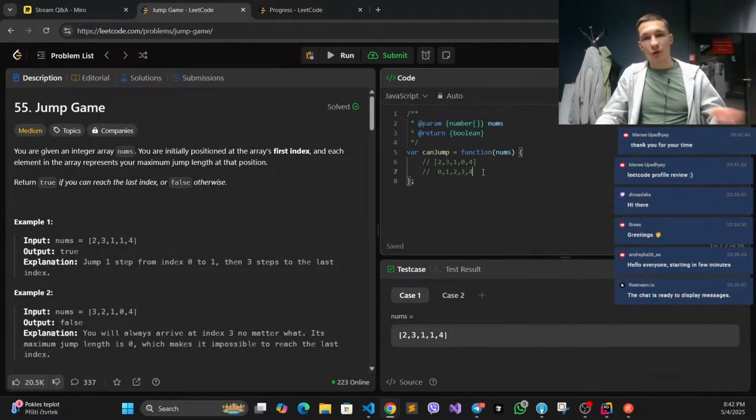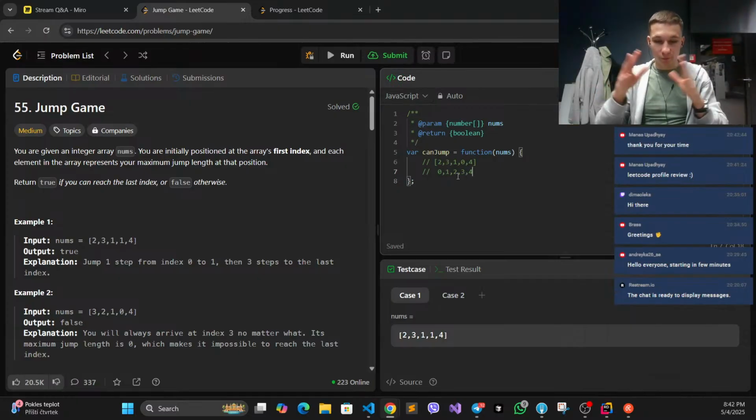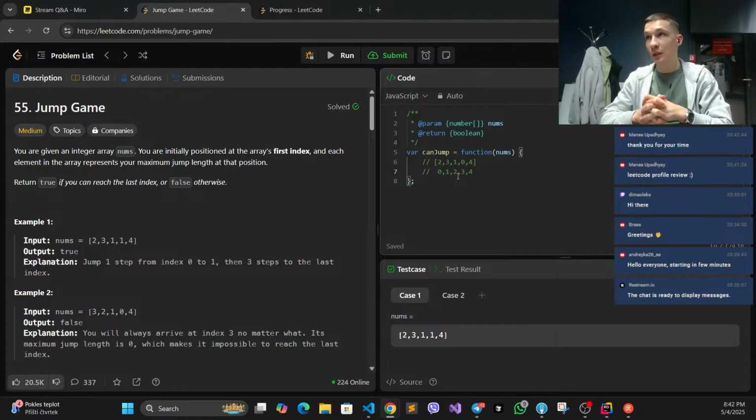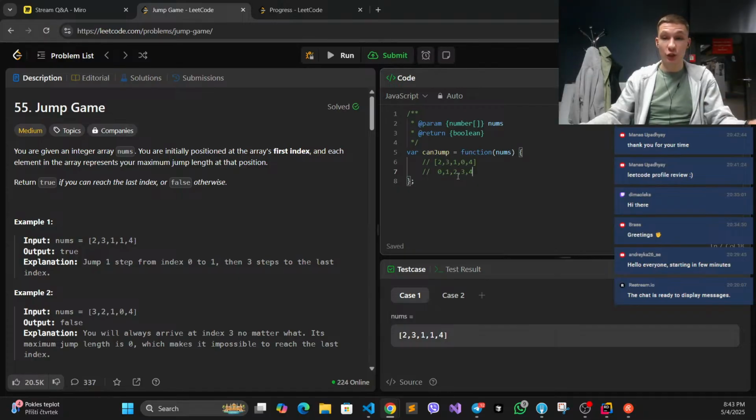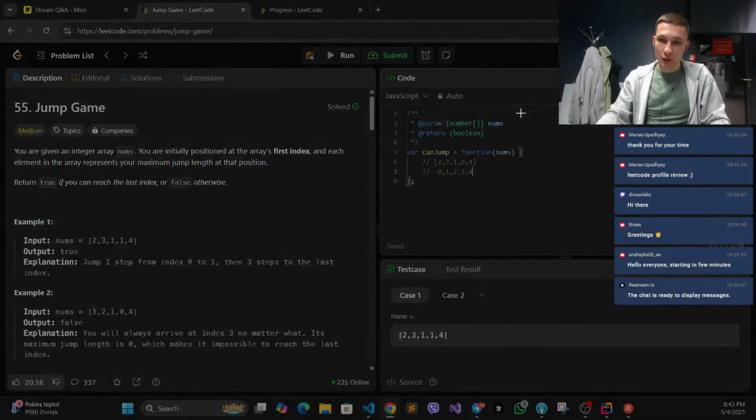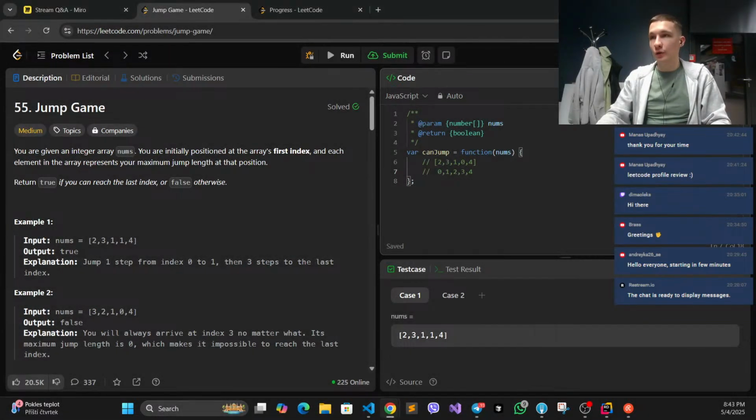Okay, let's get back to our task. So this is the thing. Since we don't know which jump is better for us and which jump can lead to the end of the array, what we can do is check every single possible jump. And here is where exponential time starts. Because if we start drawing it,